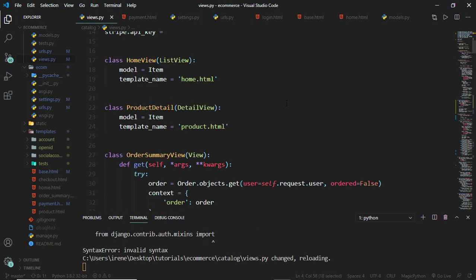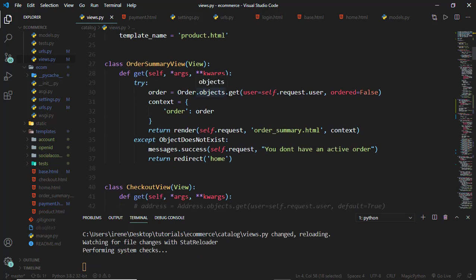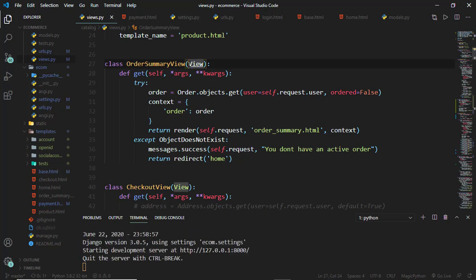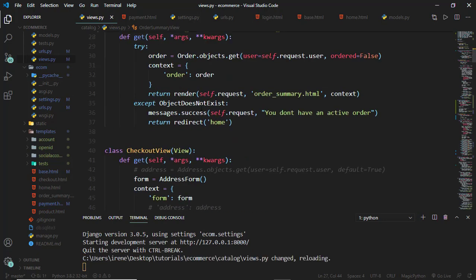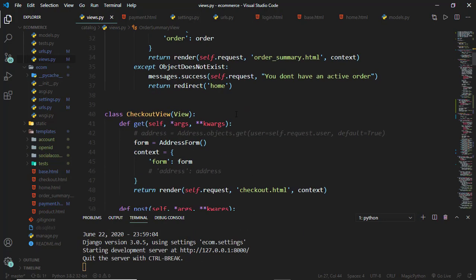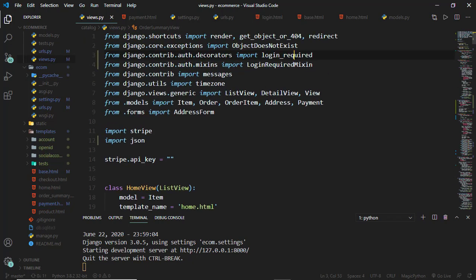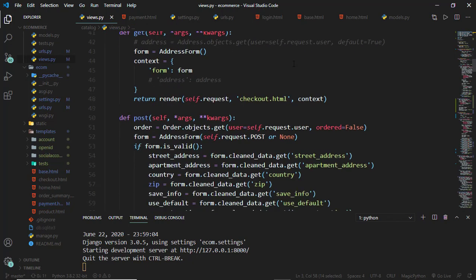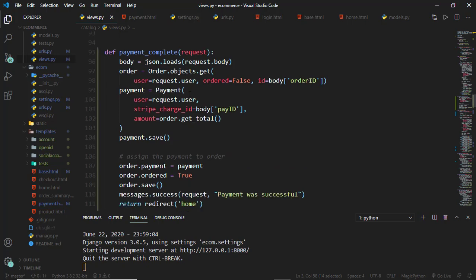And this we'll use for our class-based views that require authentication. So for example, the order summary view will need to be authenticated to fetch the user that is associated with that specific order. Then for the login required, we use it for the add to cart view,